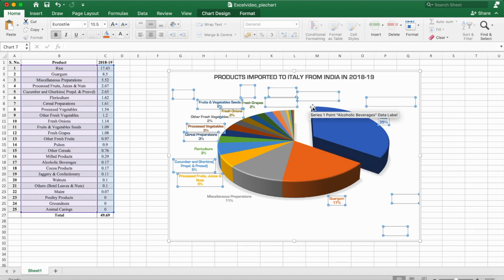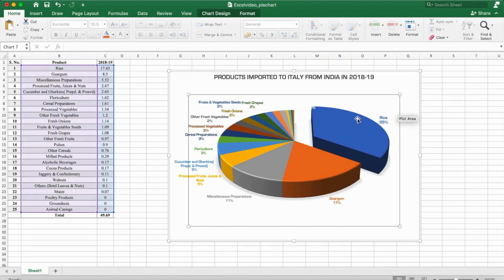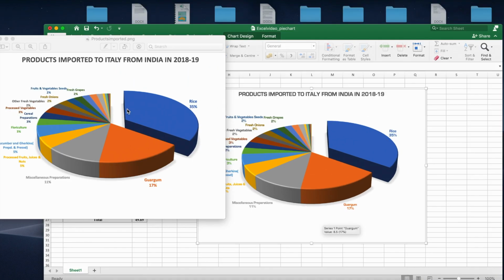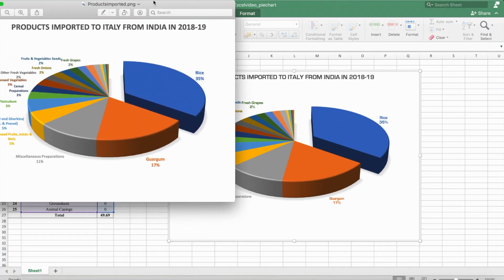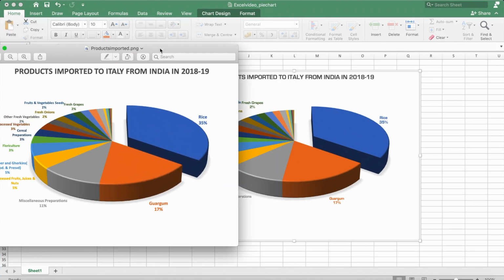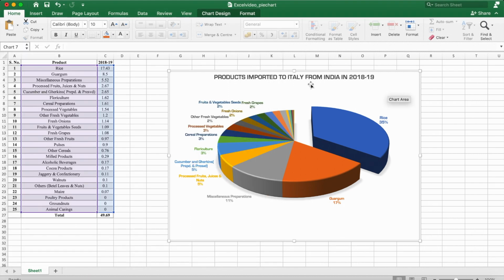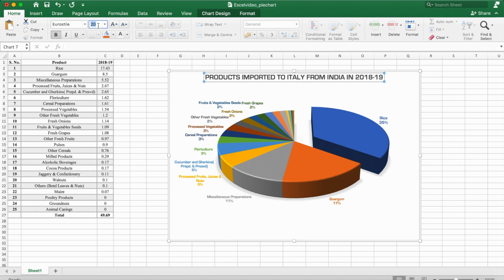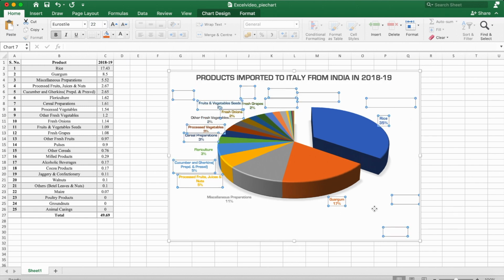And once you do that, you can see this is your graph. Over here, you can see that this is something that we have gotten rid of. So I'll just place it over in the white background so that no one actually can see that. And once you do that, you can see that this looks exactly like the pie chart that I have made before. And now what you can do is change the font size of the title so that it looks much better. I'll just say 22 will be fine. Yeah, 22, it's good.